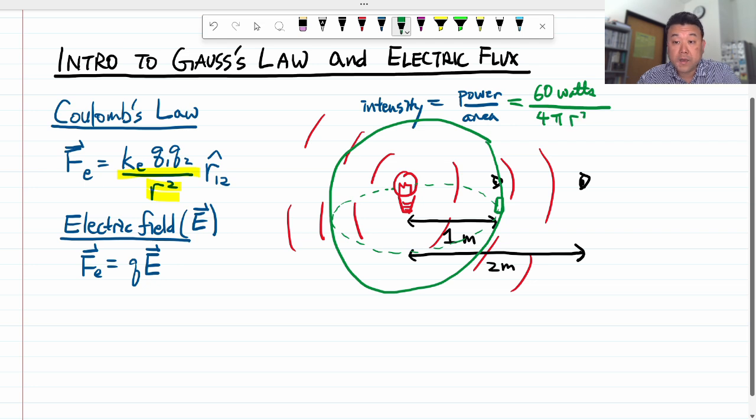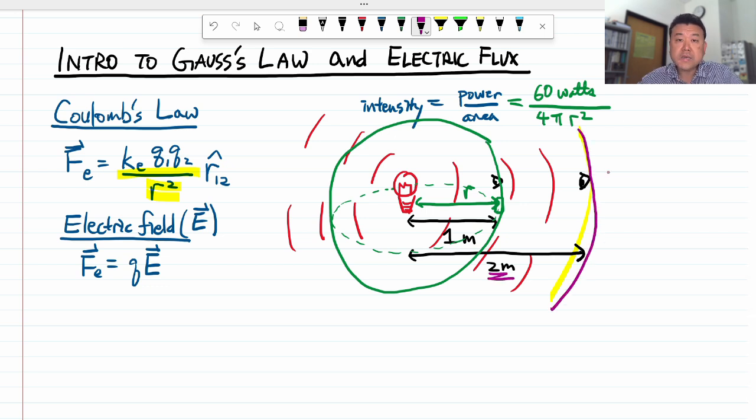That would be 4 pi r squared for the surface area of a sphere. This would be r, 1 meter for r. This is assuming that the light bulb emits light omnidirectionally. Now, if you are looking at the intensity at 2 meters away, since the surface area of a sphere of